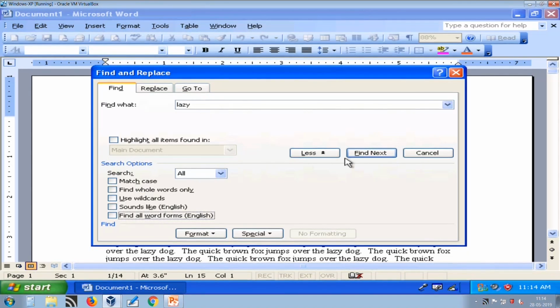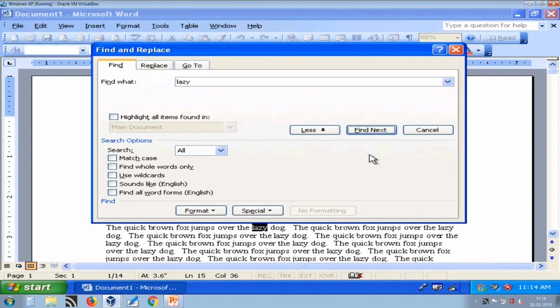Here I am just pressing find next. It will immediately move to the word and highlight the one which matches our word. This is how we can find a word.